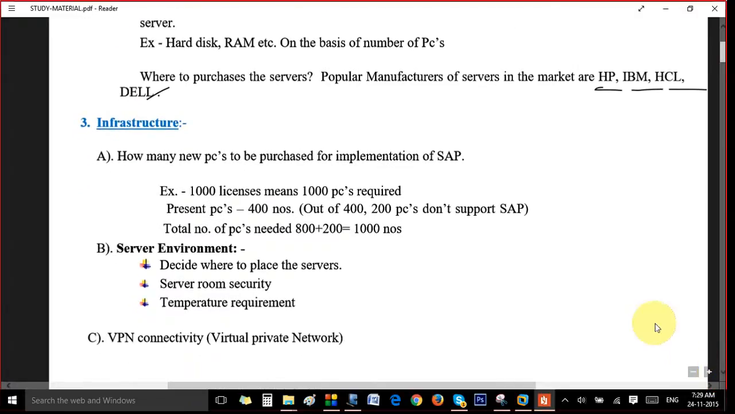Why? Because they have assessed in the first place that they have 1000 users who are going to work. That means they need 1000 PCs and are buying 1000 licenses. So in any company already they will be having